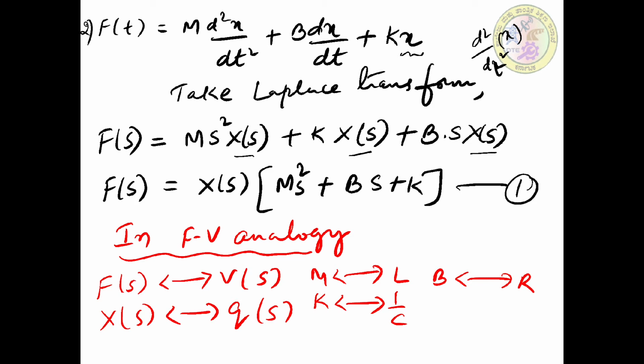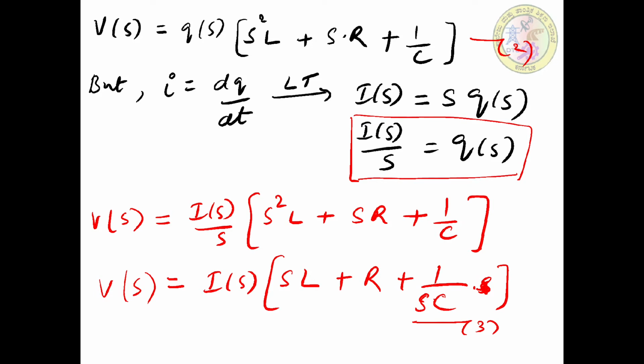Okay, the number of equations is equal to the number of nodes in the equivalent circuit diagram or equivalent mechanical system. Then for those differential equations you have to apply the Laplace transform, and then in those transformed equations you have to apply the FV analogy or FI analogy, whatever is given in the problem. In this problem we have applied the FV analogy, so we have replaced all the terms.